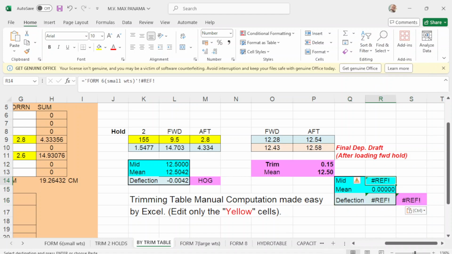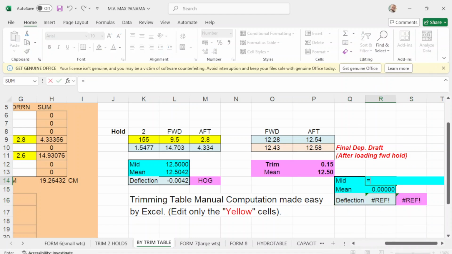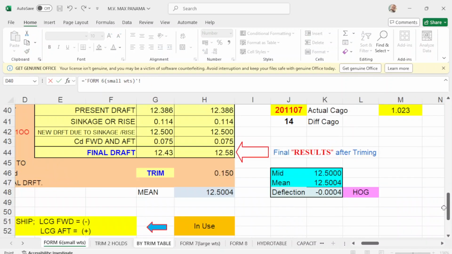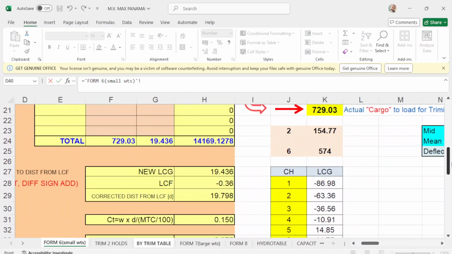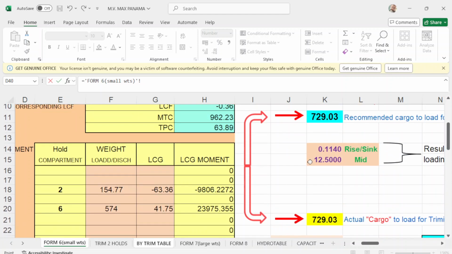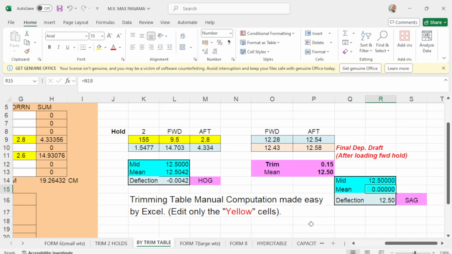Your mid drop equals, go to hold 6, this is your mid drop. Click the cell and enter. And your main drop equals, you press equals, and your main drop.